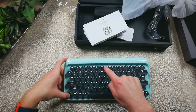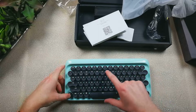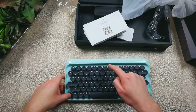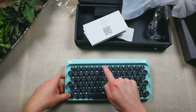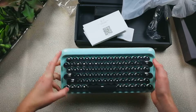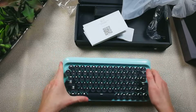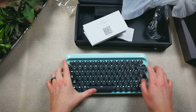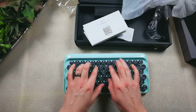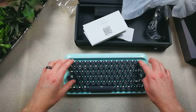You can actually change the brightness holding down the F key. There's 3 levels. That's off, 1 level, and that's max brightness. Unfortunately, this isn't RGB or any other special colors. It's not going to have any cool, nifty patterns of when you're typing. It doesn't change colors, anything like that. But